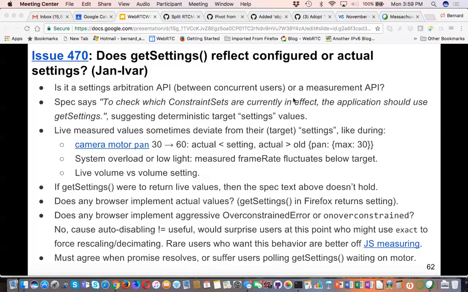Okay, but so for MotorPan, it sounds like we're saying that setting the target value. Target setting? We have three things. We have constraints, values, and I think talking about the frame rates is constraints. Setting on further, you're going to see the error that's outside of that, and that's very different than the setting.